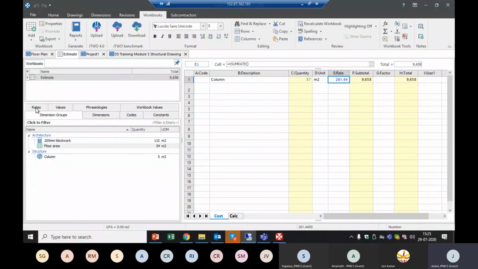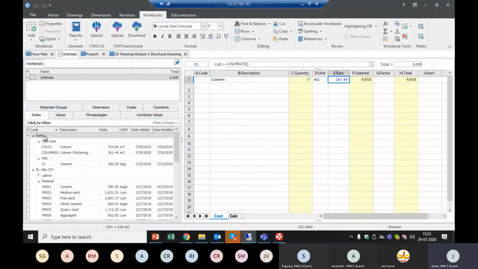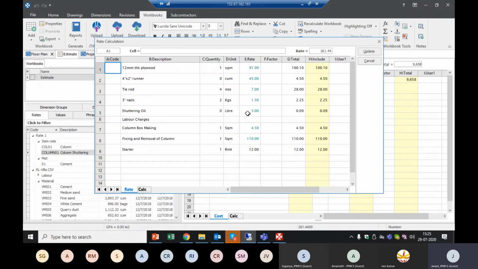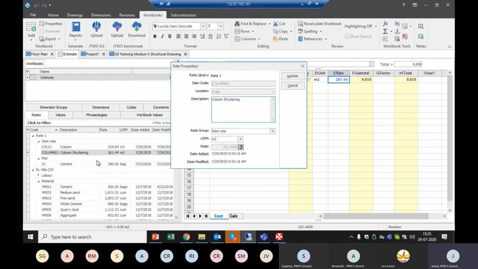So now if I go to rates tab, under rate library 1, you can see column shuttering. So before it was showing us 156 in Costech 6.8. So now here you can see the live link inside the rate library from one rate file to another rate file has been maintained in 6.9. So now here we can see 12 mm thick plywood in this particular rate file RL Villa CSV is 91 rupees. So now when my market rate in this particular master rate file is updated, automatically the rate here will also get updated. So we will see,